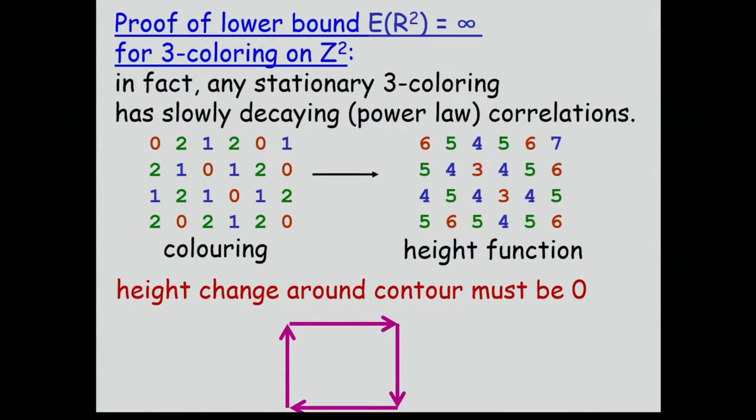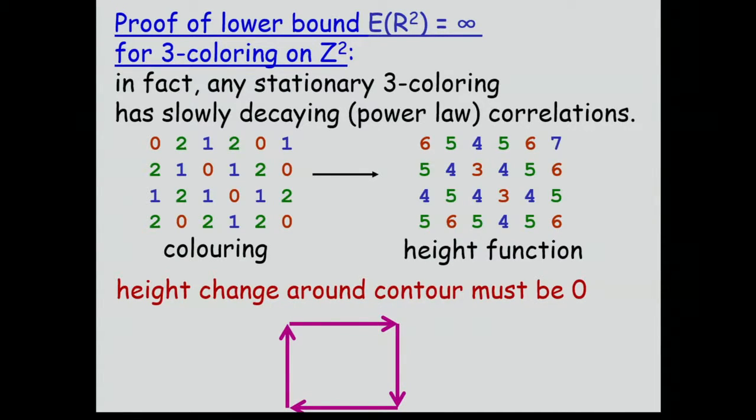because everything comes from these IID random variables that are underlying everything, and I can think of the whole infinite column of IID random variables that goes through the origin as a single one that's located at the origin. So then I have a really good FFIID coloring on the plane as well. So it's enough to do 2 dimensions. And in fact, there's something much stronger that's true. So any stationary 3 coloring has